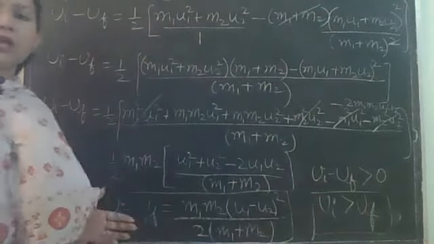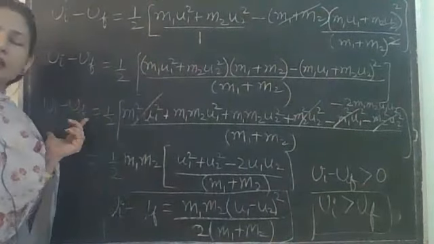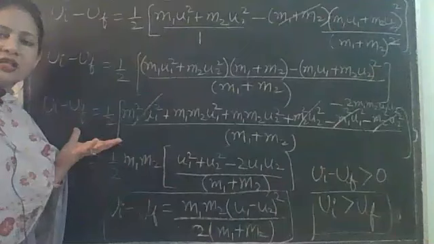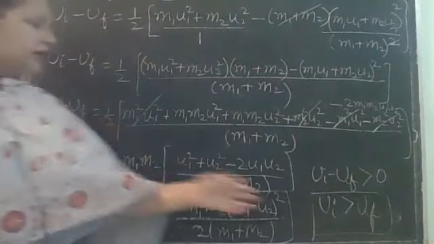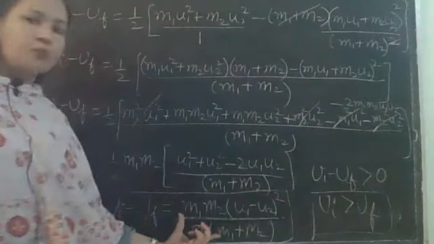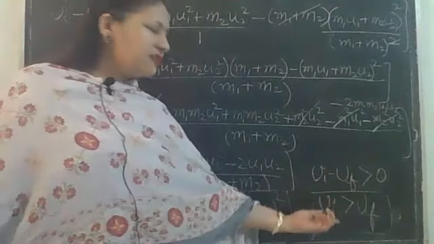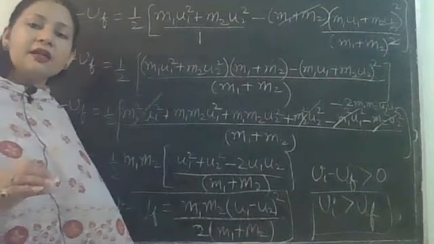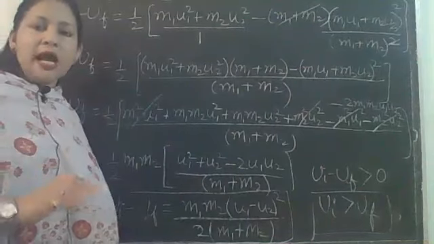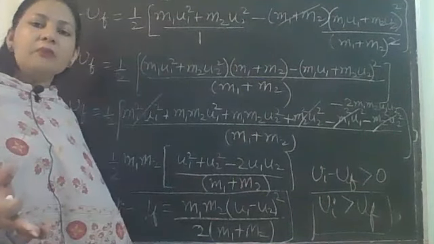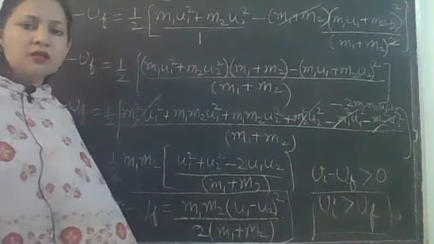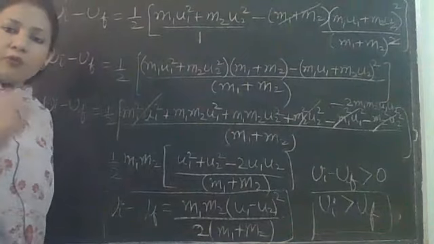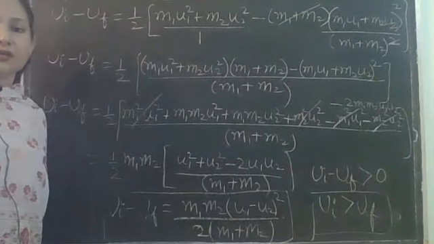Earlier we did not comment on anything. We just had taken the difference between initial and final energies. We didn't know whether final energy is greater or initial energy is greater, but now it is proved in the end because this term is positive. So this difference is positive. That means initial energy was greater than final kinetic energy. That means kinetic energy is being lost in the process. And in what form is it lost? Maybe in the form of heat. Okay, so the loss of kinetic energy appears in the form of heat when the balls collide with each other inelastically.